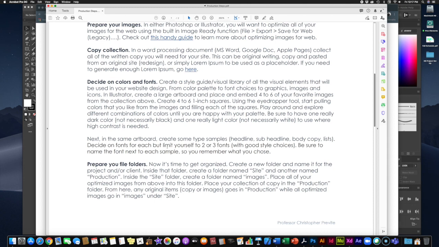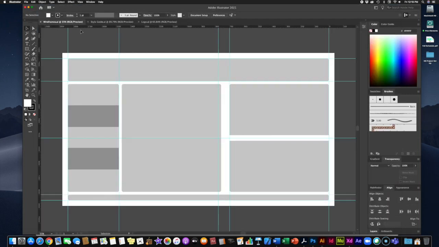And you've probably learned about this in your typography class, so I'm not going to go into it too deeply. But you definitely want to limit your number of fonts, but have some good styles to choose from. Be sure to name the font next to each sample so you remember what you chose. Yes, I know you could click on it and look it up in the pull-down menu, but why not just have the name there? Now, I just want to give you an example of what this mood board could look